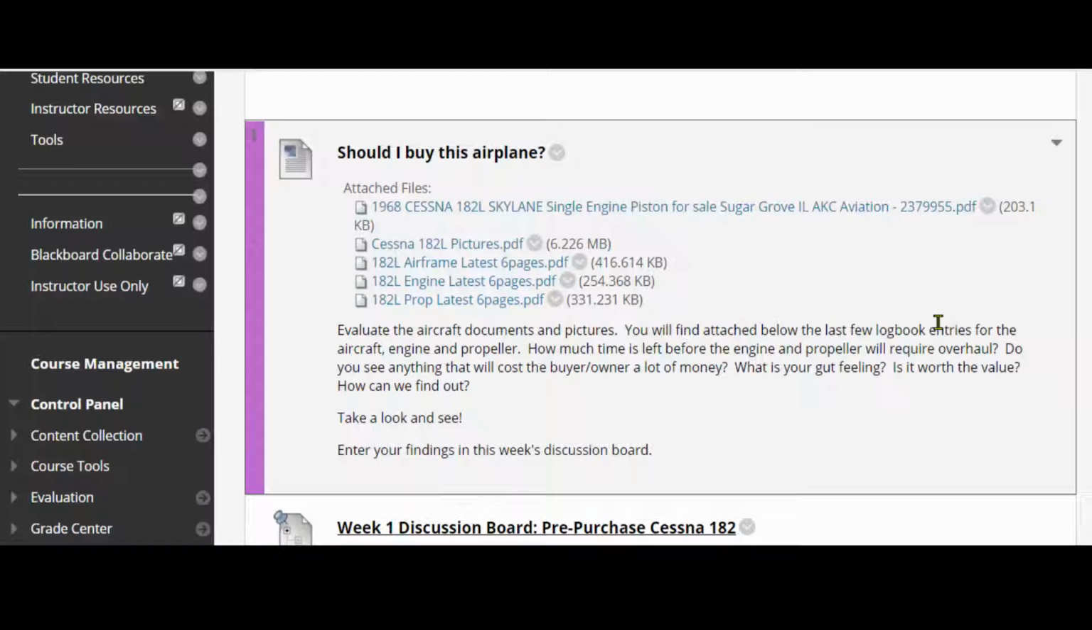It's not a required inspection like an FAA inspection, 100-hour, annual. This is an inspection to see what's wrong with the airplane. So we're going to look at the sale ad, we're going to look at the pictures of the airplane, and then we're going to look at the last couple of pages of each logbook. That's the airframe log, the engine log, and the prop log. So when you go into this